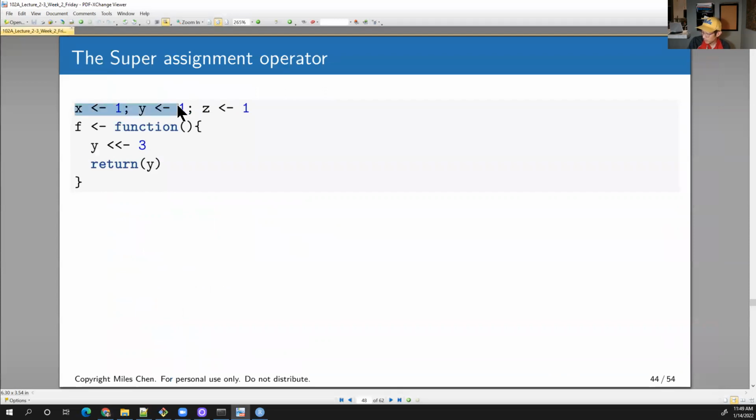Okay, so this is how the super assignment operator works. We're going to assign X, Y, and Z. I'll get the value 1 in the global environment. And inside this function F, we super assign the value 3 to Y. And what this will do is this will not assign the value 3 to Y in the local environment, but it will assign it to the global environment. Okay, in the global environment, it's going to change the value to 3. Okay, change the value up here, and it's going to return that